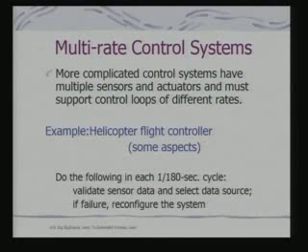Then we have multi-rate control systems. Let's consider an example: a helicopter flight controller. A typical helicopter flight controller will have sensors. Let's say this is just an example. At each cycle, say a 1 by 180-second cycle, validate sensor data and select data source. If failure, reconfigure the system. So I'm taking data at this sampling period, but I might not really like to have the control being worked out